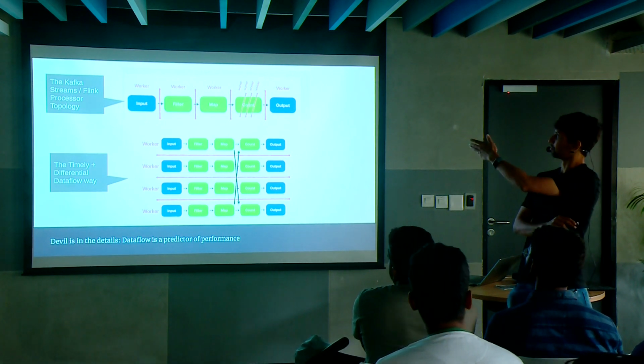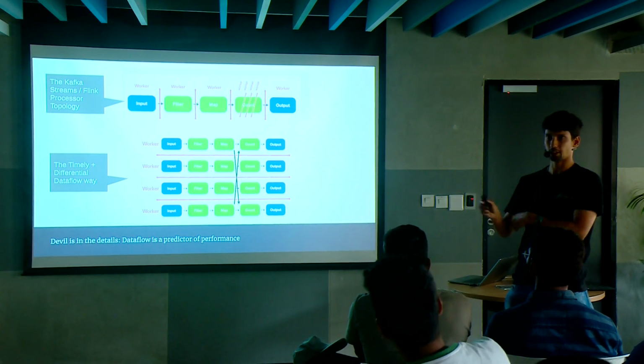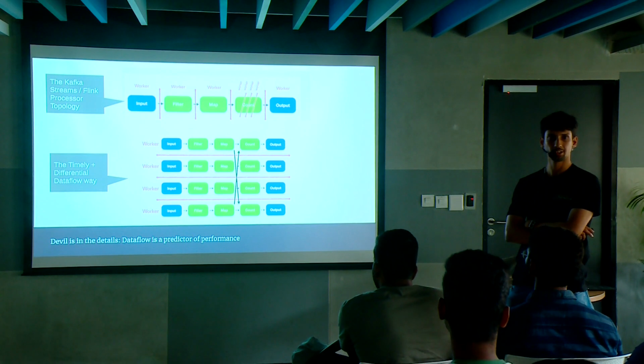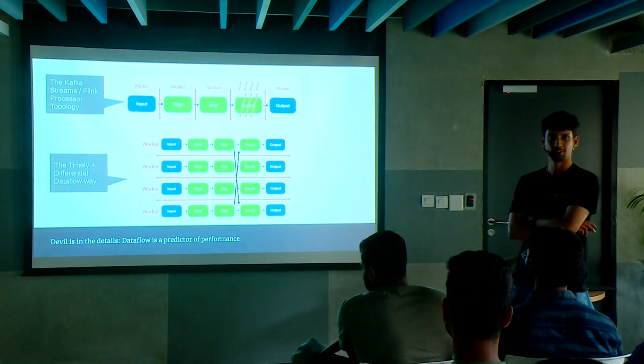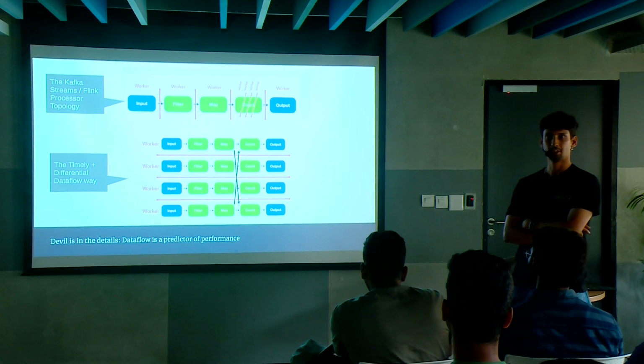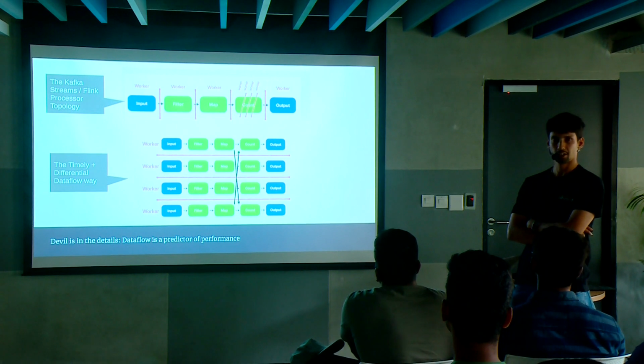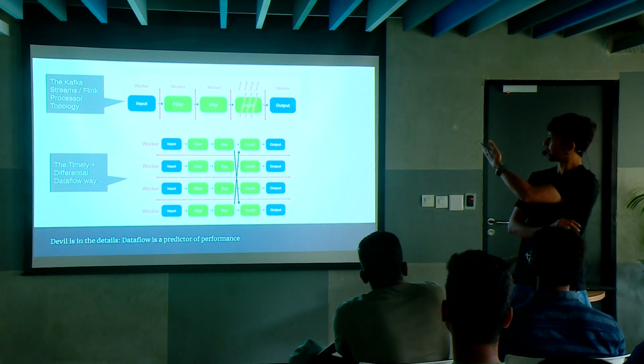With Kafka Streams or Flink, you basically have a processor topology of different operators, and in Flink terms, all these operators get sharded into different physical cores,